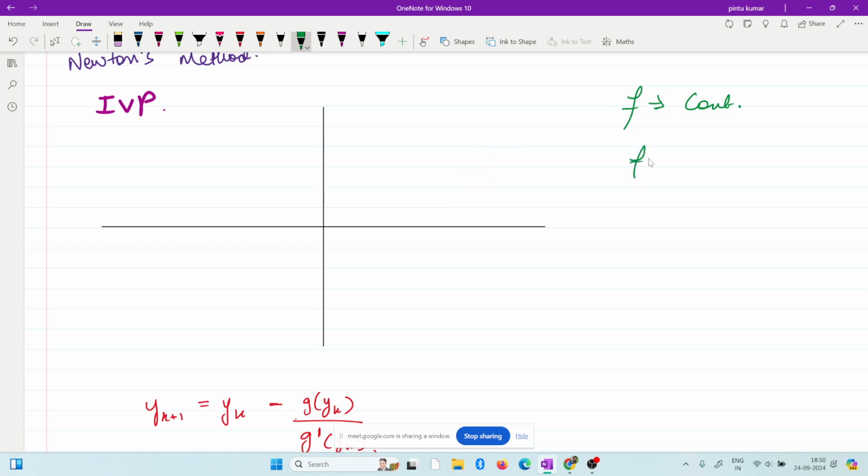And at some point a, f of a is greater than 0. At some point you know that your function value f is greater than 0, and you also know that at some point b, it is less than 0. So what this says is, because f is a continuous function, at some point between a and b